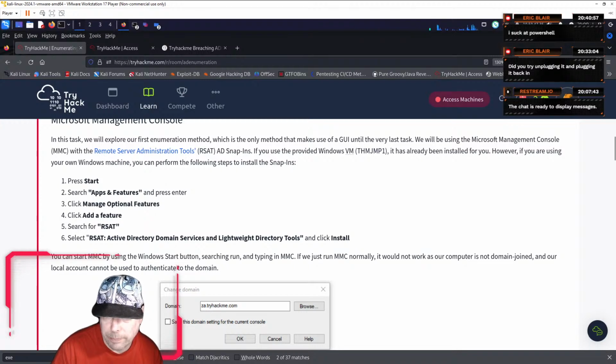Let me read that again. If you use the provided Windows VM, JMP1, which is what we're on, right? It's already been installed for you. So,